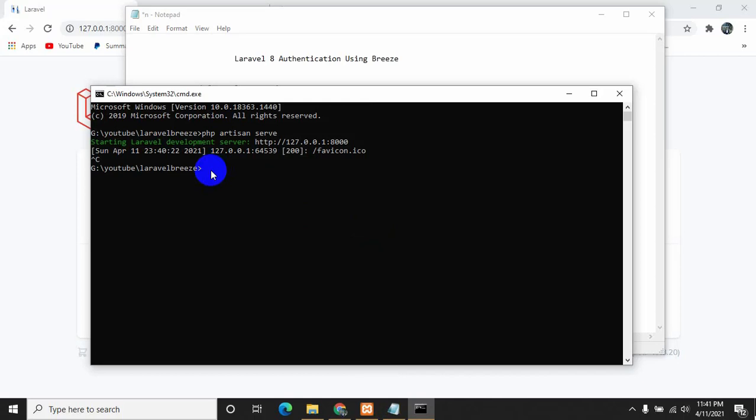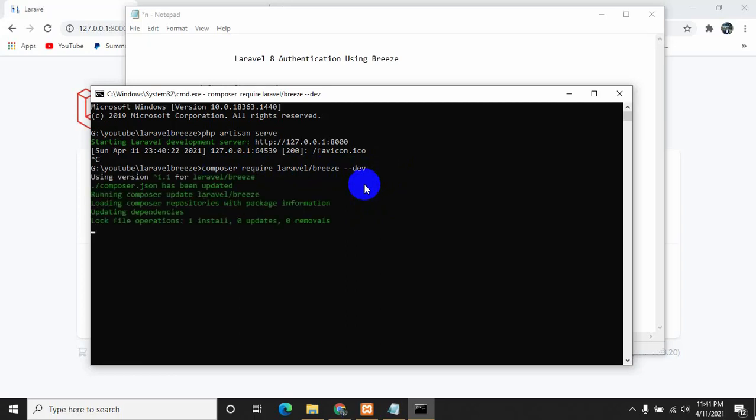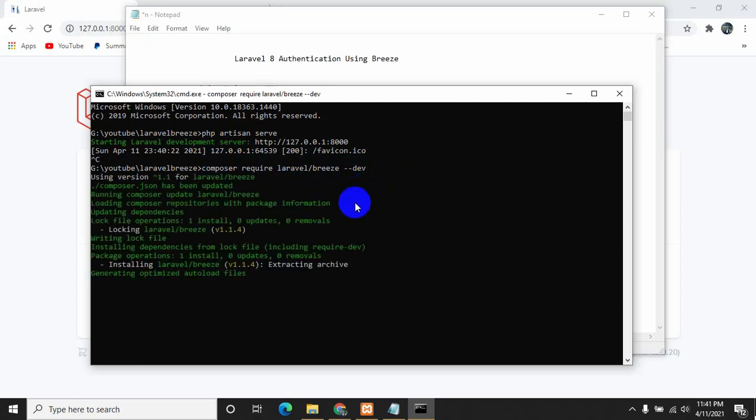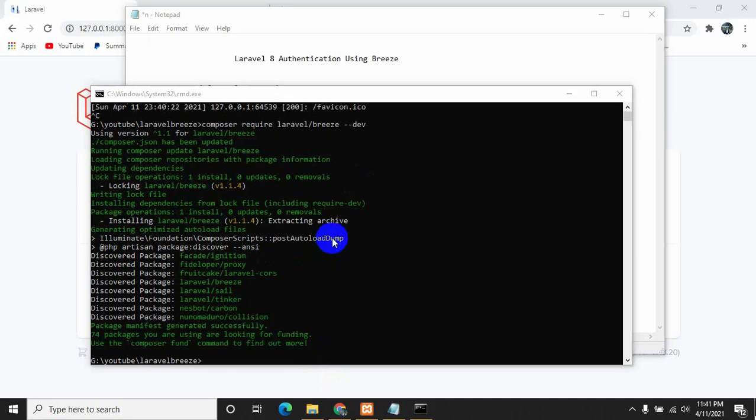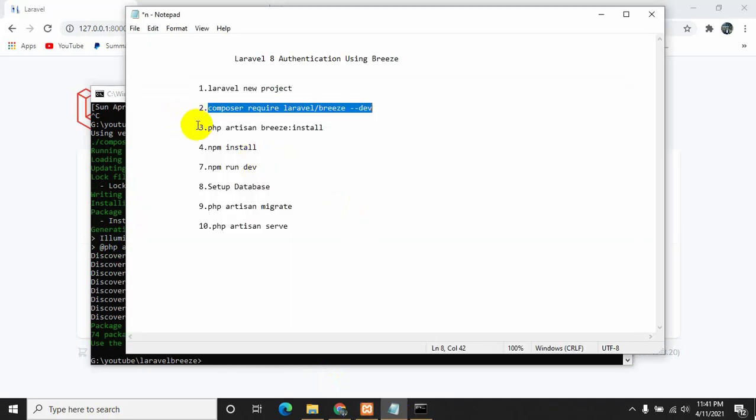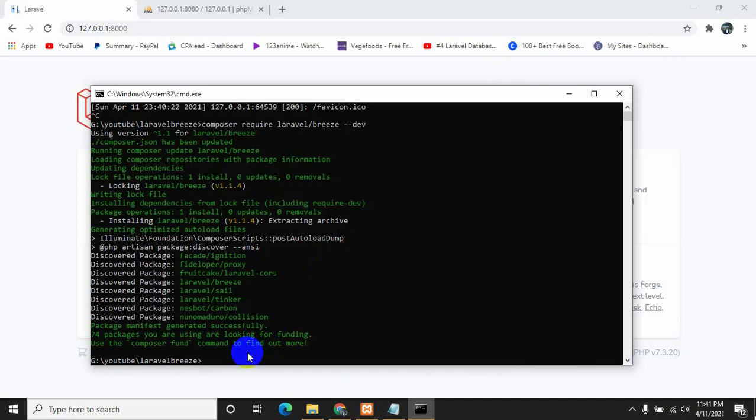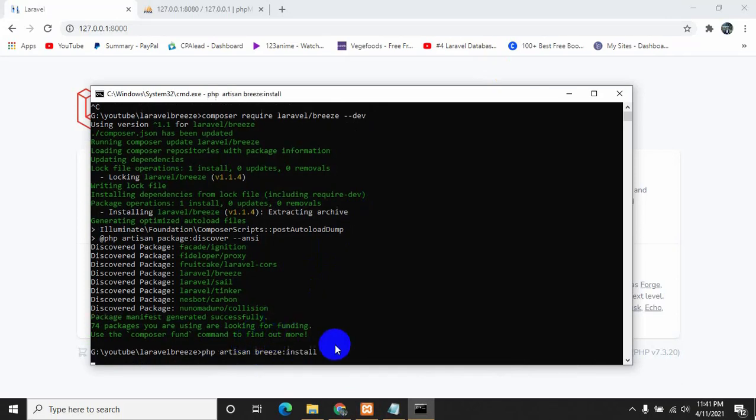Let's press Ctrl C, paste the command and press enter. After this we need to write this command: php artisan breeze:install. Let's copy it from here, paste it over here and press enter.